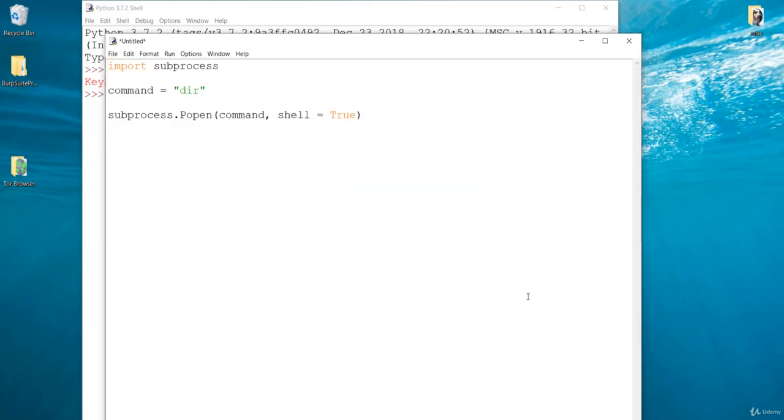So I'm saying to execute this command as a process on this shell. Popen is going to execute your command as a process and return the result in the same terminal. So this command, which is dir, is going to list all the directories of the current location.